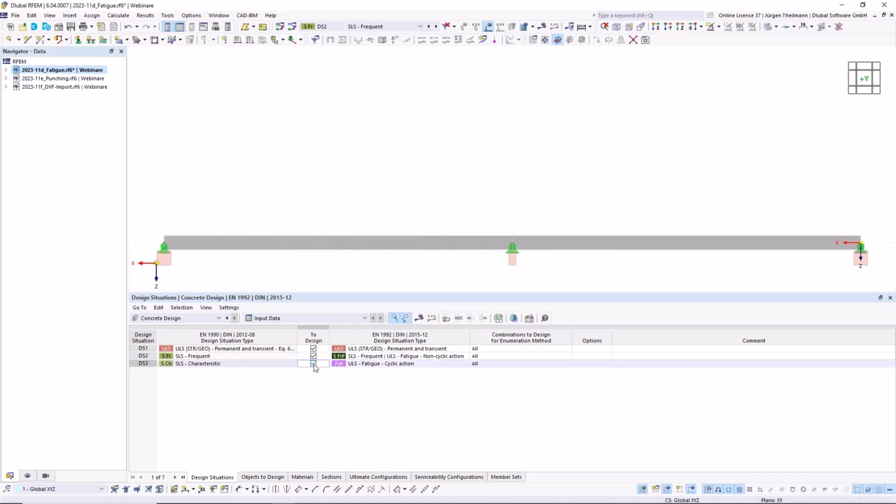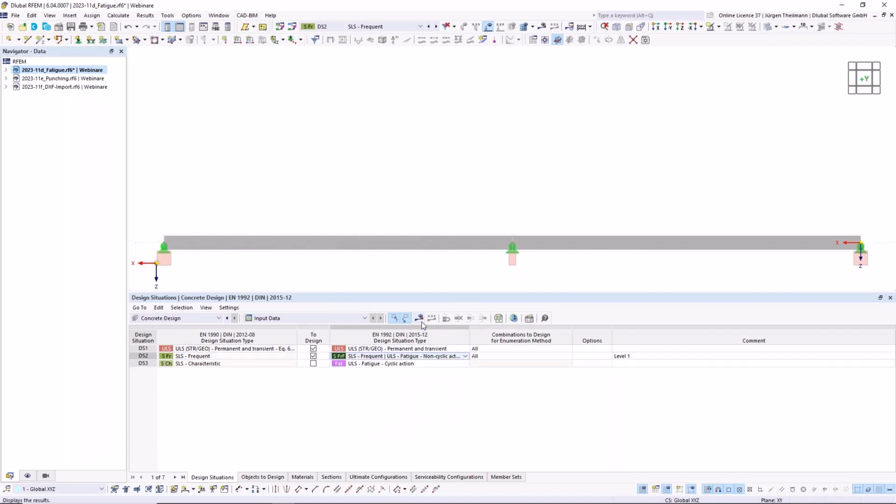Good. Now I deactivate this DS3 once again, and I'll show you in the level 1. I will add a comment so there's no confusion. For the level 1 design check, we have the basic design situation type SLS frequent, and now we need to change this to the ULS fatigue non-cyclic.